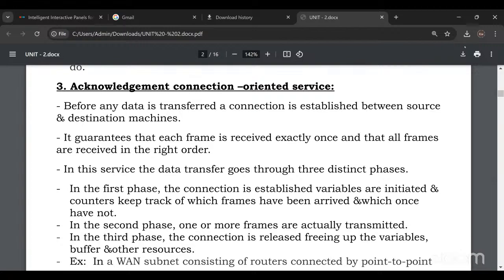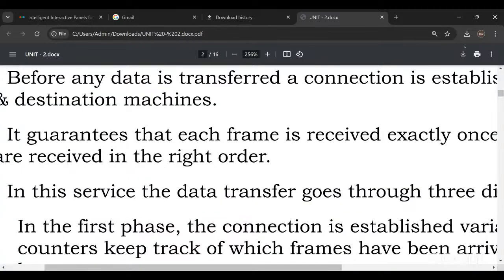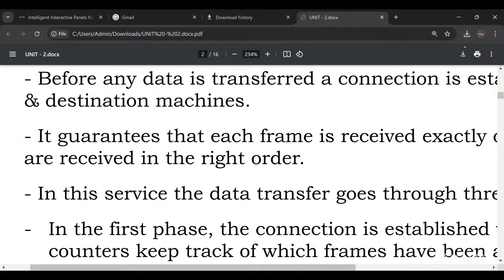Acknowledged connection oriented. Before that, connectionless service: unguided media we are using. Here we are using guided media. In guided media there is a connection between sender and receiver, node to node, device to device. The sender sends the data to the receiver and it should give an acknowledgement. Second, see this point: the guarantee that each frame is received exactly and in the right order.